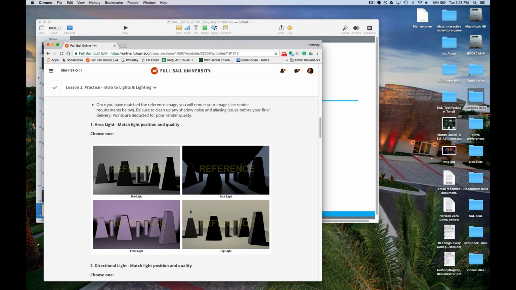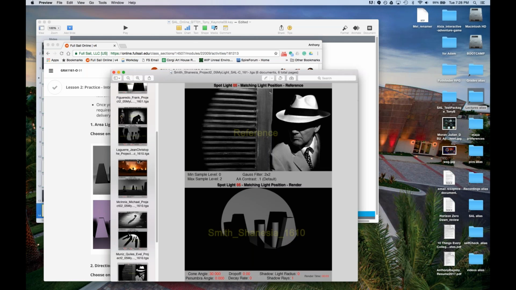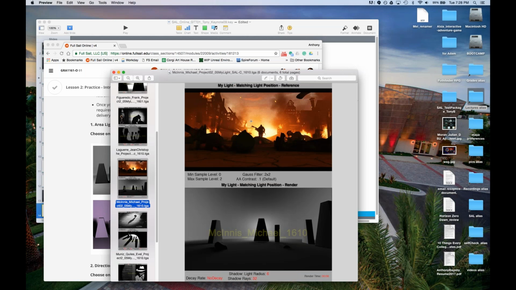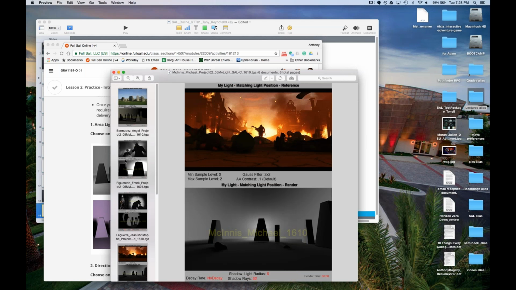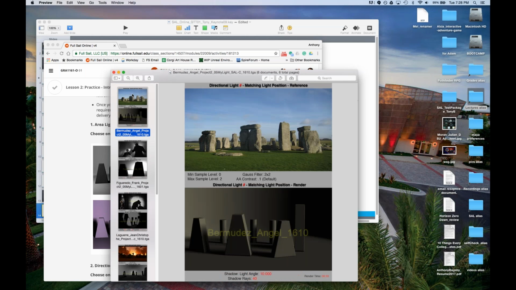I highly recommend sticking with Film Noir. Obviously, in the examples I showed you, some people did not pick Film Noir, but the big thing is you want a single light because you're only allowed to use a single light. So with this one, not Film Noir, but it's really got one light source. The rest are Film Noir, except for this one, which is just a directional light. So it's just the sun, and it's pretty good.